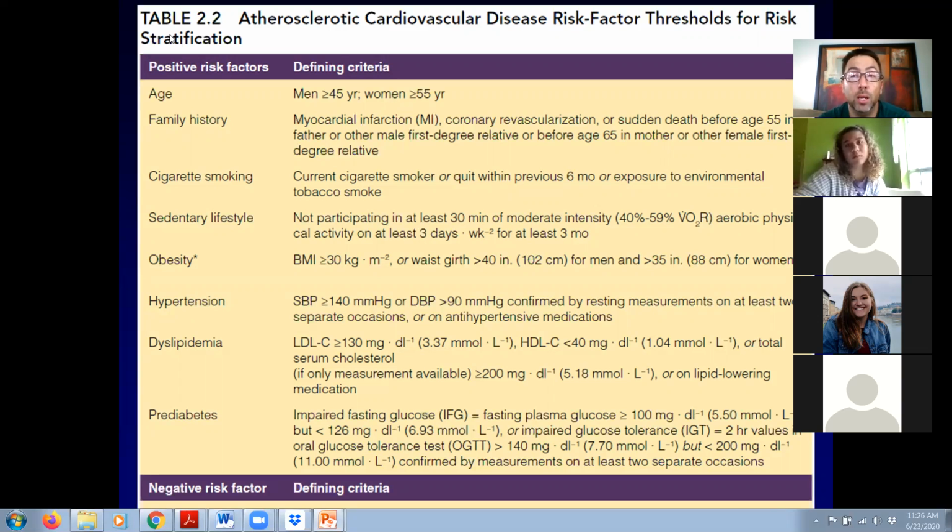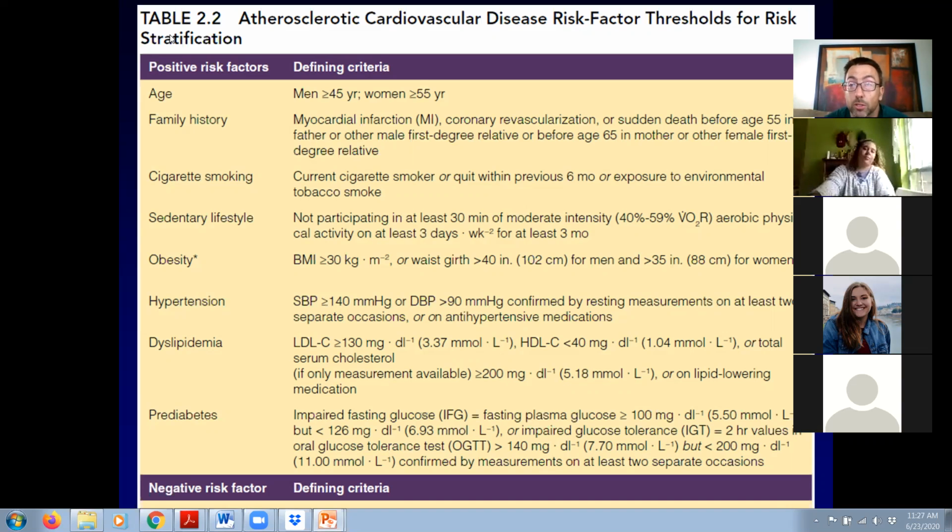Some of you may be social smokers, where if I'm out in a social situation, maybe every once in a while I will smoke a cigarette. I was on occasion a person that might have done that when I was in college, and that's not really what we would consider to be a current smoker. This is a person that smokes regularly, like every day over a more prolonged period of time. So we're a yes or a no on current smoker.